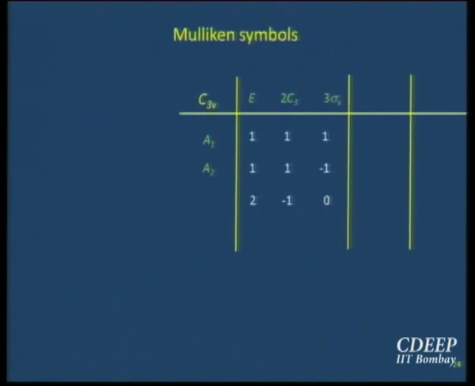Then the last one is E. Now the thing is this, you could have written E1 or rather E2, but then you do not have to because there is only one E. So in Mulliken symbols, please remember that we only use superscripts, subscripts, etc. when it is absolutely required. When it is not required, we do not use them. So do not get confused if you see that this prime and double prime are missing even though you have sigma h. That is there in many cases, but the reason why they are not used is it is not required.